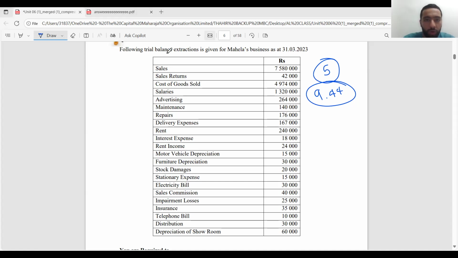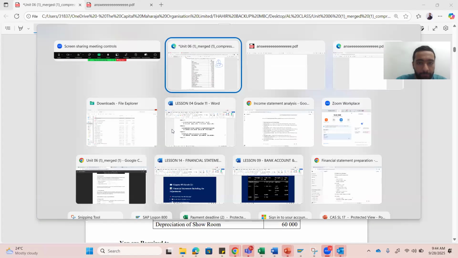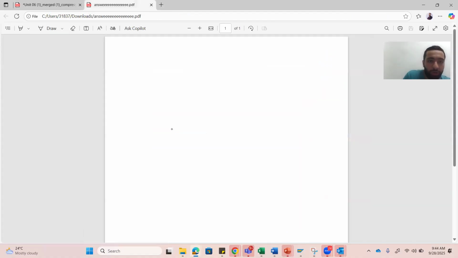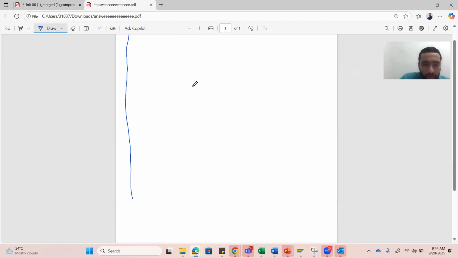Right. Okay. So students, let's quickly move on to the answer. Let's quickly start. First of all, what you have to do when you're preparing trading and profit and loss? You will have to first prepare what? Because I can't draw a straight line. It's very difficult to draw a straight line. I'll try as much as possible. Right. I know this is not a straight line, but